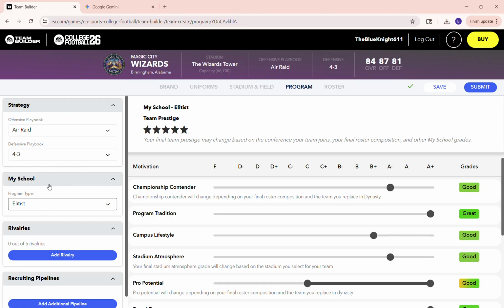The elitist. I like that air raid playbook. So here, I haven't seen most of these playbooks in game personally, but there are a few that I do like and I do not like. Alabama's, it's just all go routes, so it gets boring. Auburn's is not bad though. I'm not an Auburn fan or Alabama fan, so